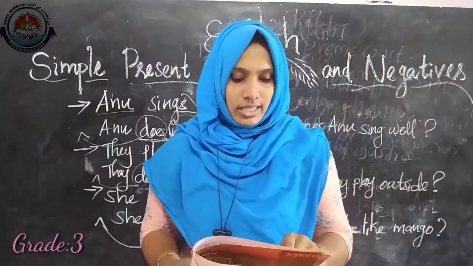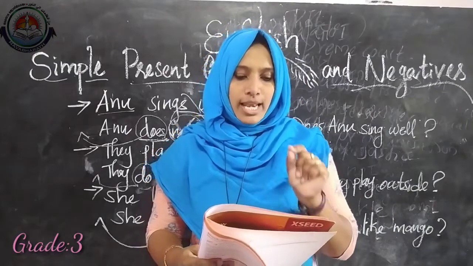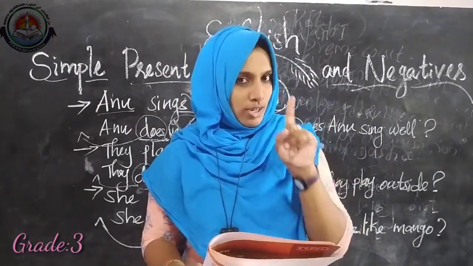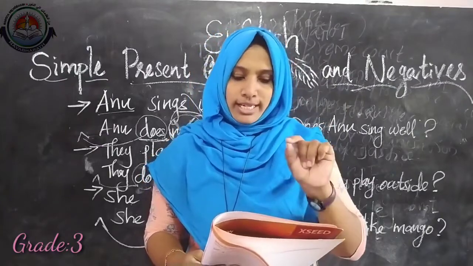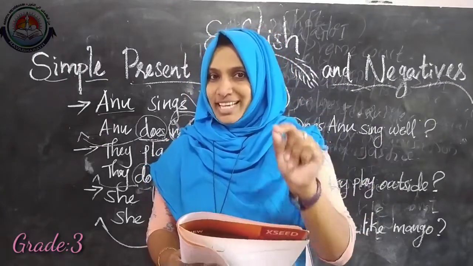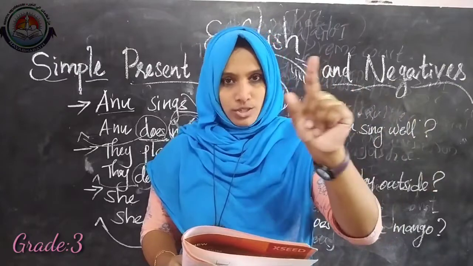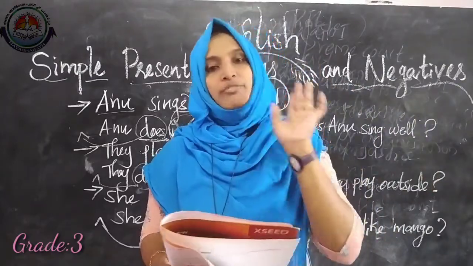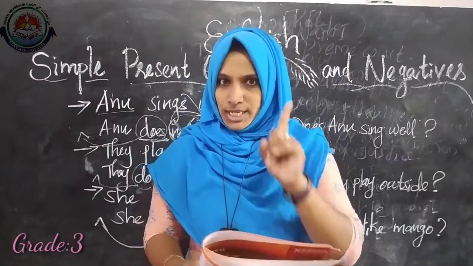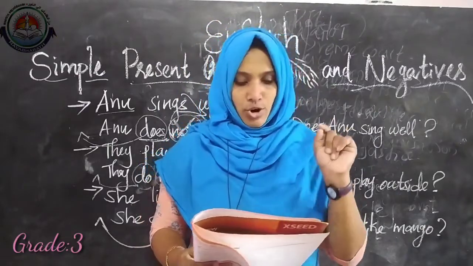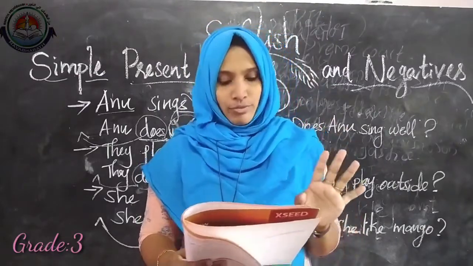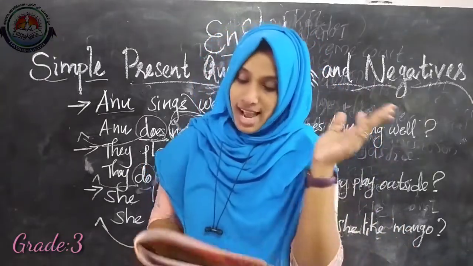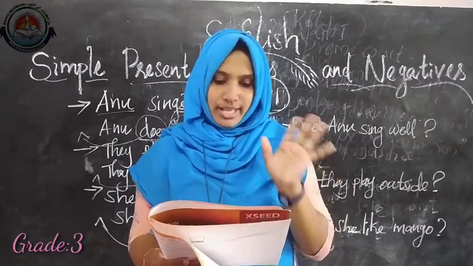Okay. Then the first one, A. Kapil dash tell the truth. Kapil is only one, so singular, does not. You dash look happy. Yes, with I and you we will always use do not. Then she dash have a lovely voice. Yes, she is singular, so does not. She does not have a lovely voice. And D, my friend and I. Yes, I do not know the name of that thing.